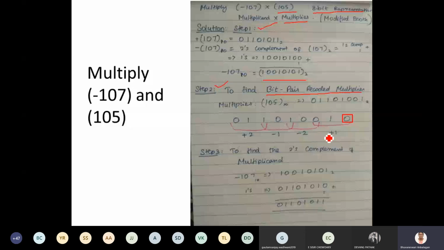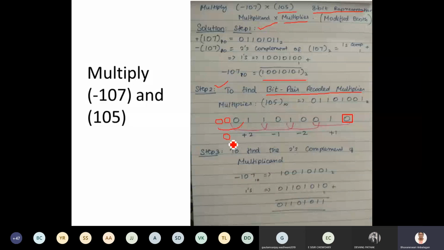For 0, 1, 0, it is +1. 0, 1, 1, it is going to be -2. Again, 1, 0, 1, it is going to be -1. 1, 1, 0, you can have it as +1. You can have this also 0, 0 here also, and you can make it as 0, since it is not going to make any effect on my multiplication, I simply ignore that.